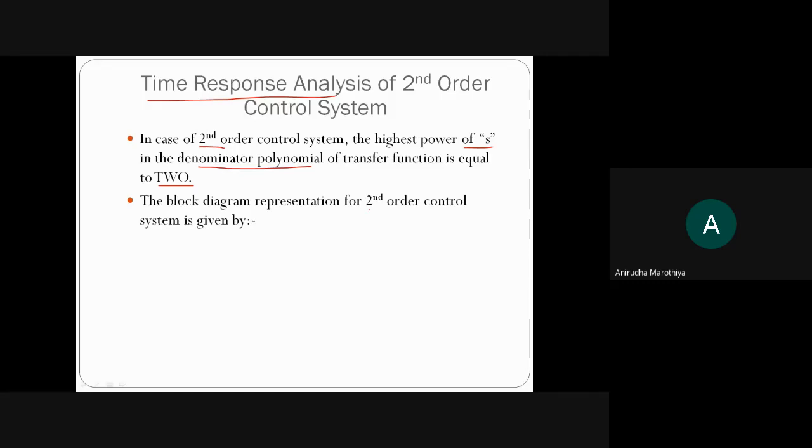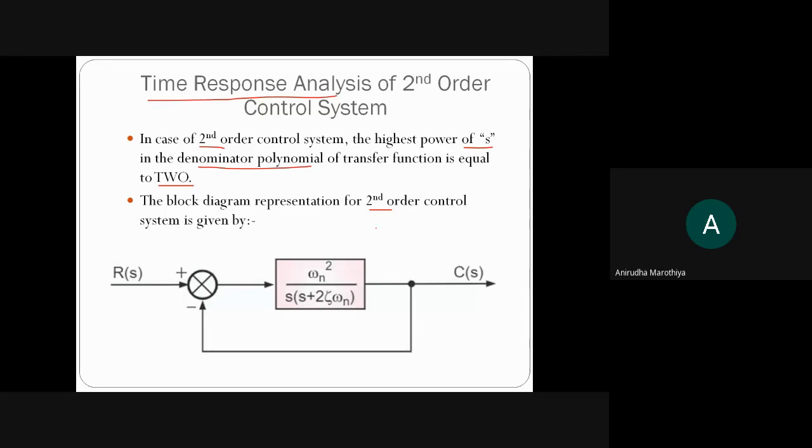And that's why it is called a second order control system. The block diagram representation for a second order control system is like this. So this indicates the block diagram for a second order control system, and I want you to please draw this diagram. In this case, we introduce two terms. First one is called omega n, which is known as the natural frequency of oscillation, and the unit is radian per second. And the second factor is called zeta. You may write zeta like this, or if you find it difficult to write this symbol, you may write like this. But this is the standard symbol to indicate the value of zeta.